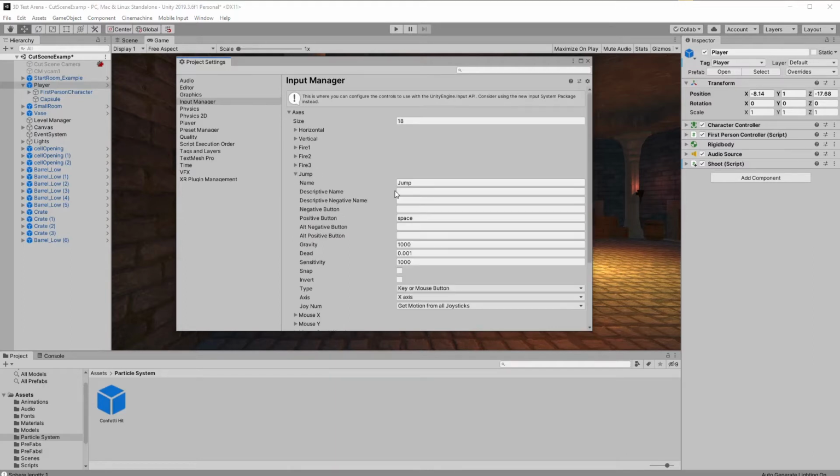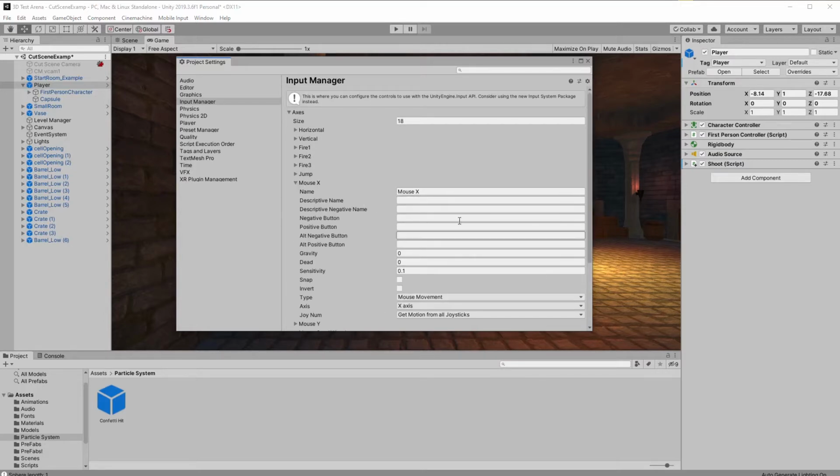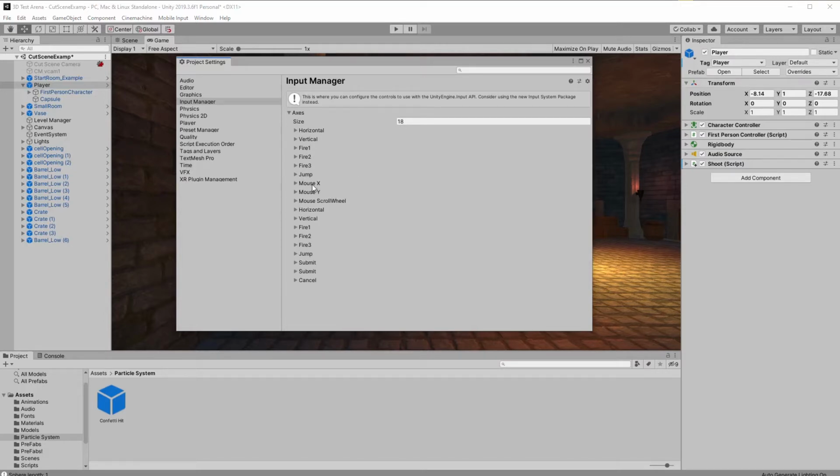Okay, Jump, that one's already pre-mapped to the space bar. And then we've got Mouse X and Mouse Y. That's where you set up your mouse look. We do have a setting for the scroll wheel, or use,